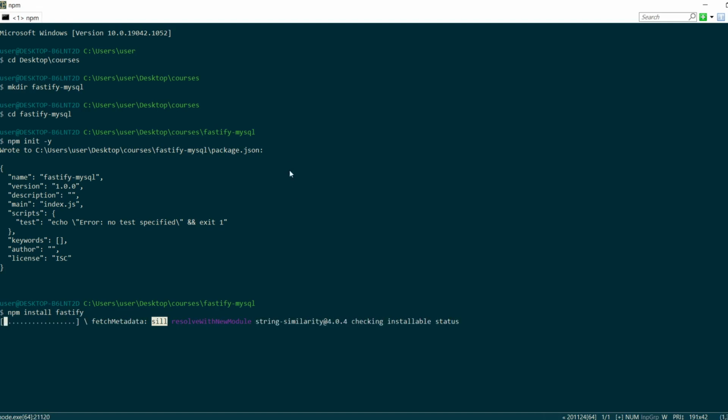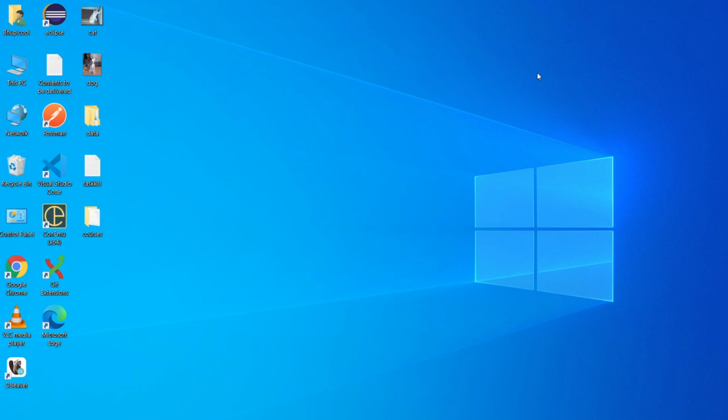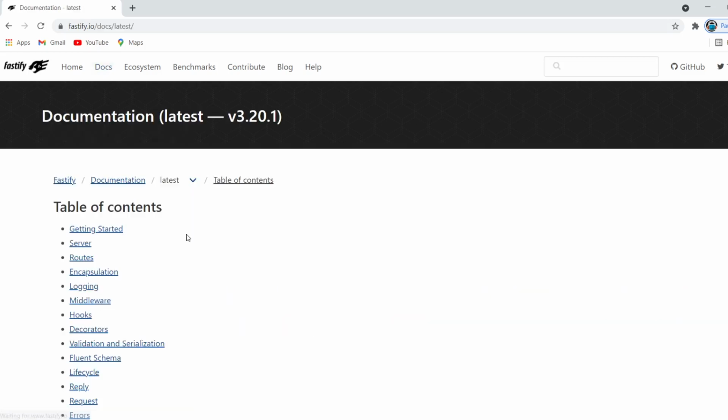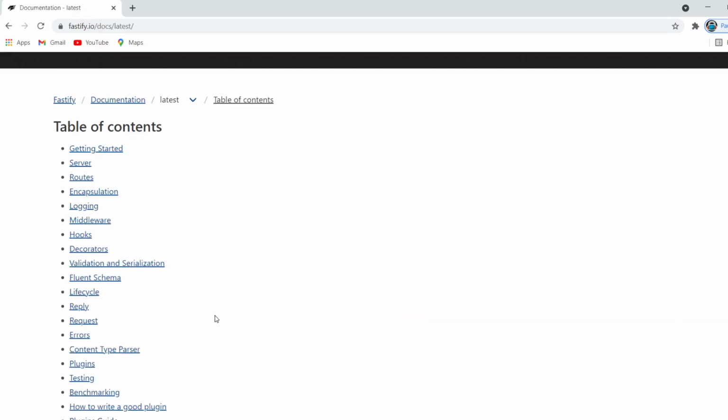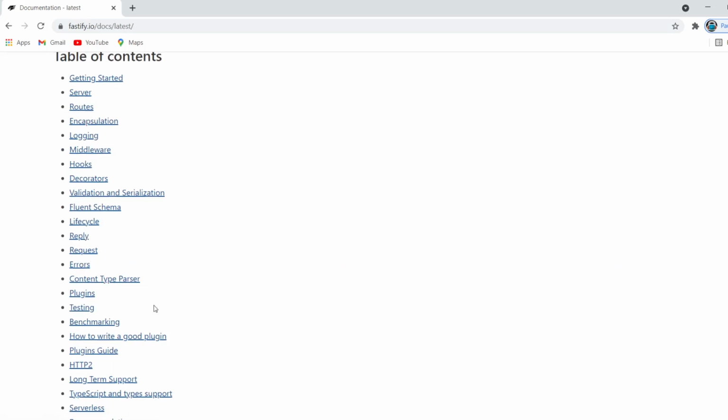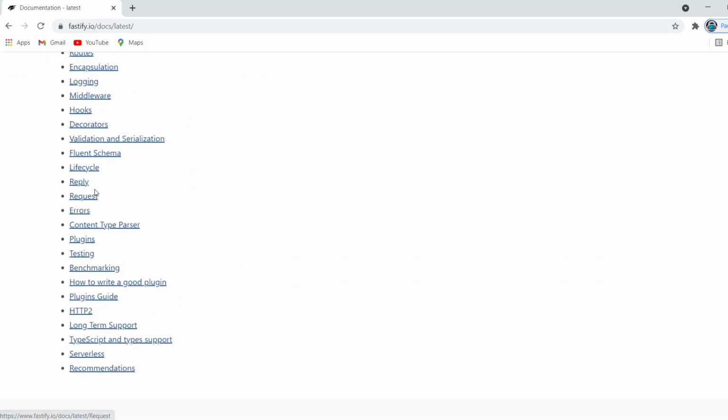While it is downloading, let's have a look at the documentation. It will be similar to Express because it is inspired by Express. If you go inside request, like we also use request in Express, and there's a difference.